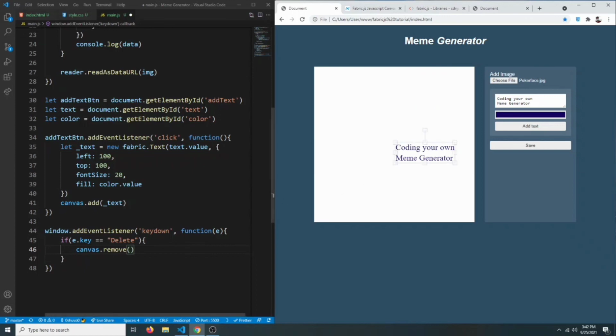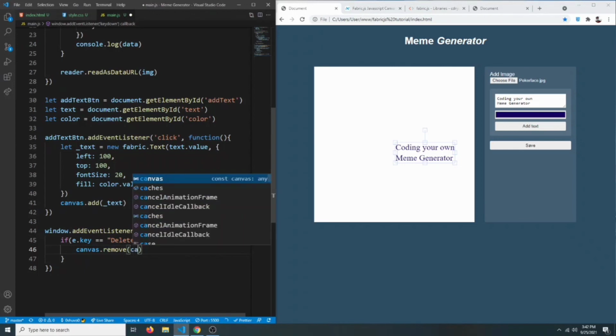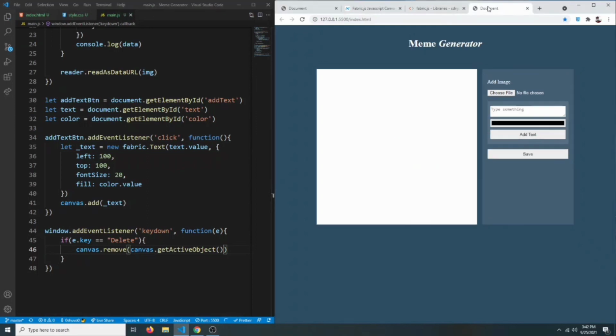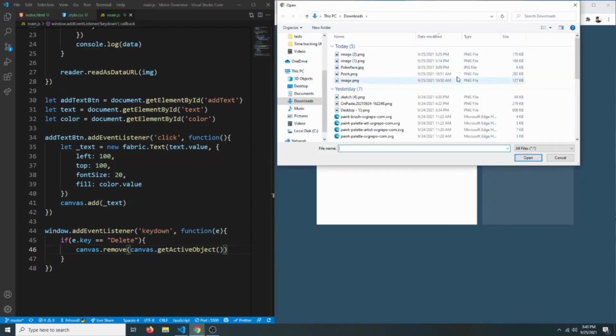We can get that selected object by saying canvas.getActiveObject. Let's try it and see if that works or not. Let's click on this, select it and click on delete, and as you can see, the object was deleted.